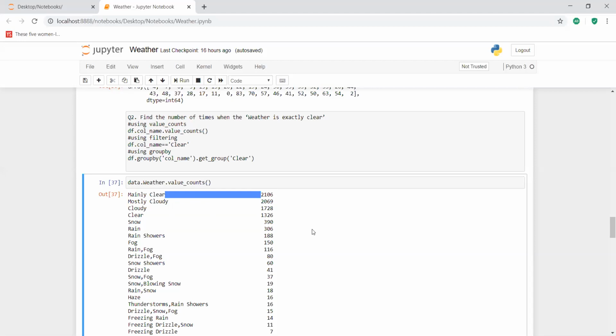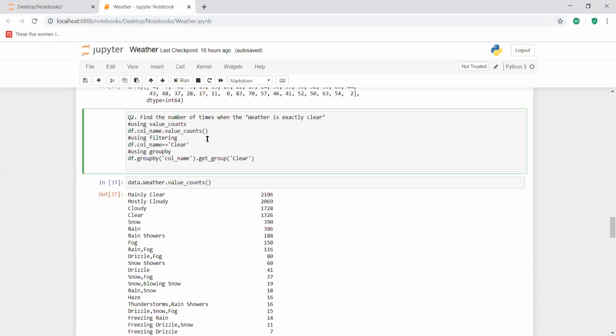Then what you would do is group the data frame with respect to weather, right? So that the data frame gets grouped and you can perform some operations on it. So the third way in which we are going to solve this question is using the group by function. So now we are going to use this group by function.